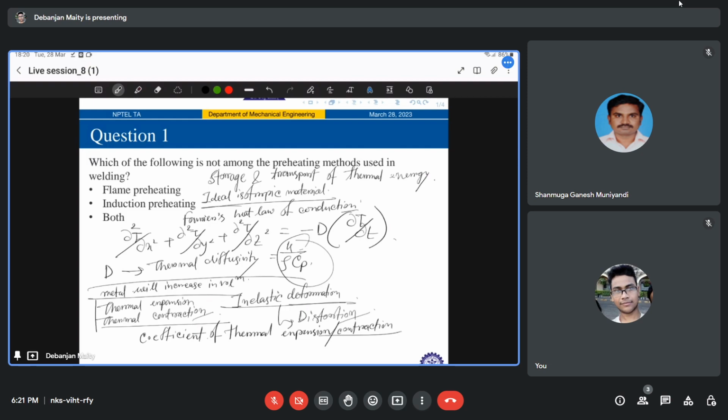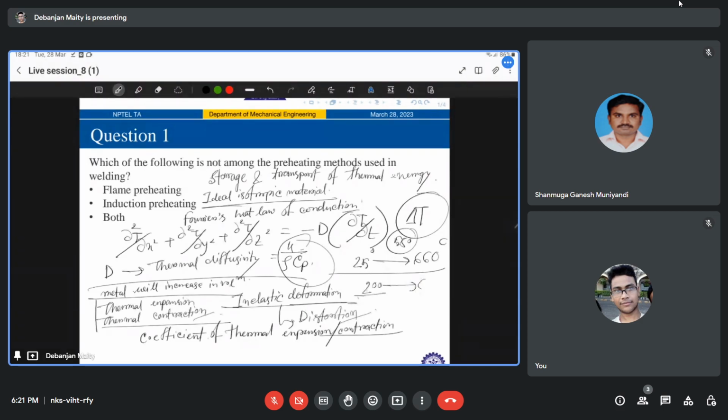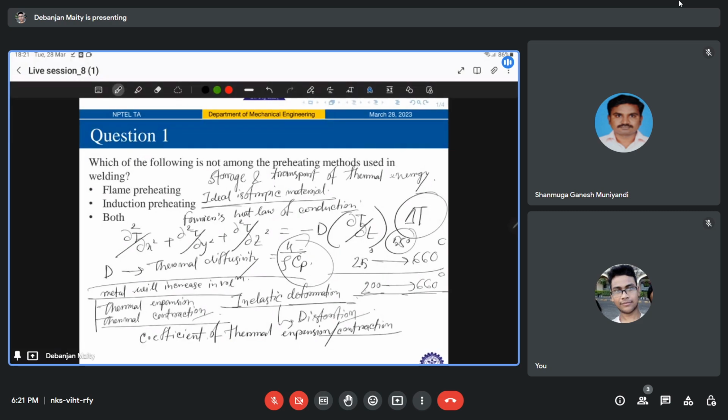Correct. So one thing, you are heating it up from 25 degrees to, let's say for aluminium, 660. So the delta T will be somewhere around 580, 660 minus 25. And then if you're preheating to, let's say 200, and from 200 you are reaching the melting temperature, you're reducing the temperature difference, right? So because of the reduction in temperature difference, what will be the result? The result will be less thermal contraction,